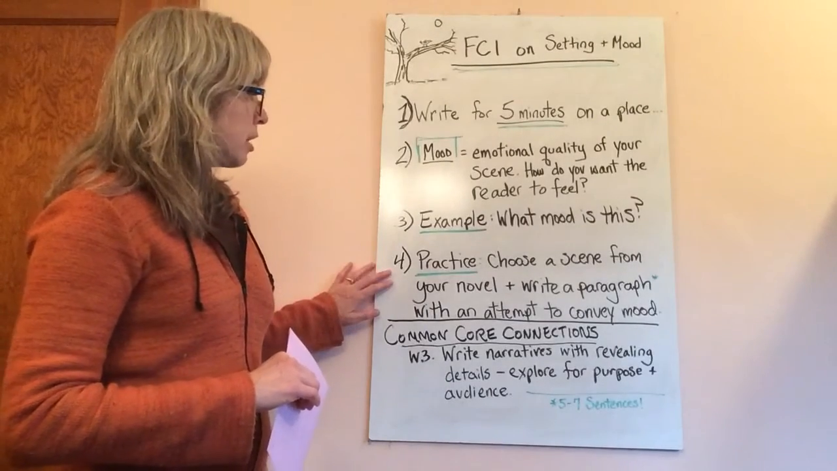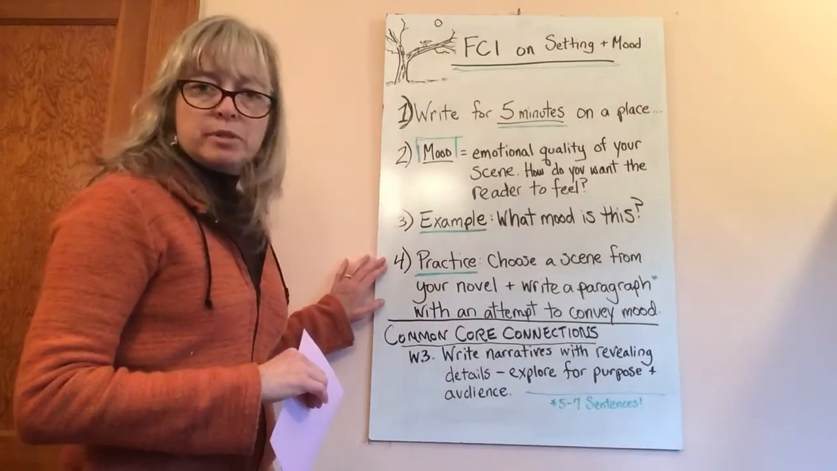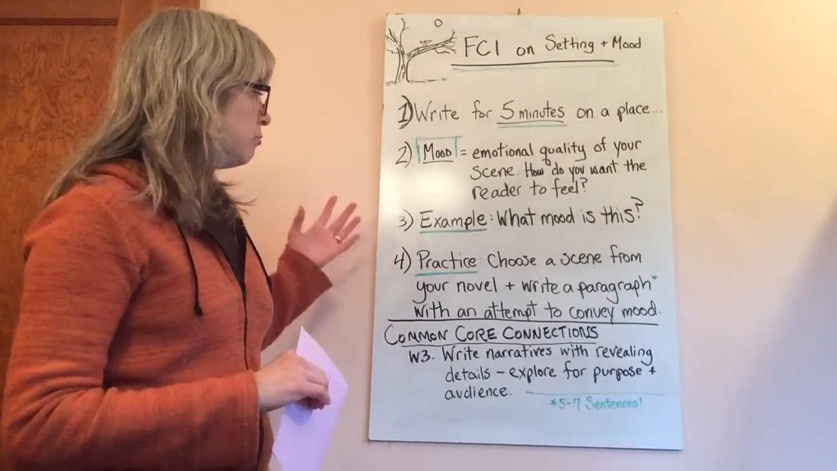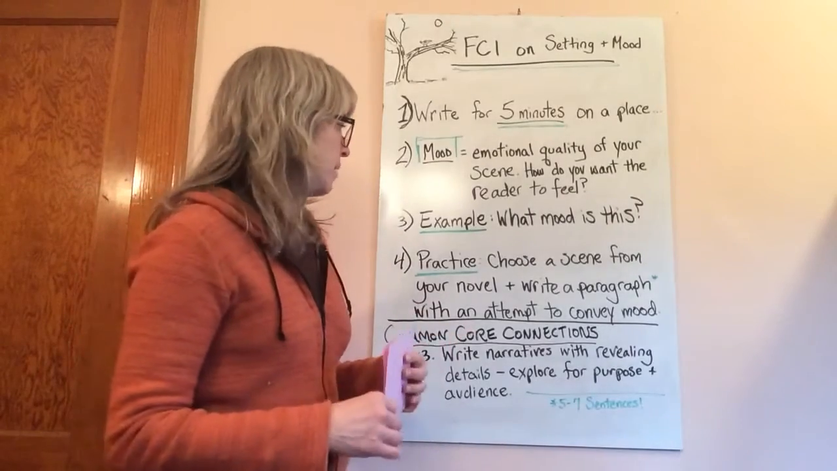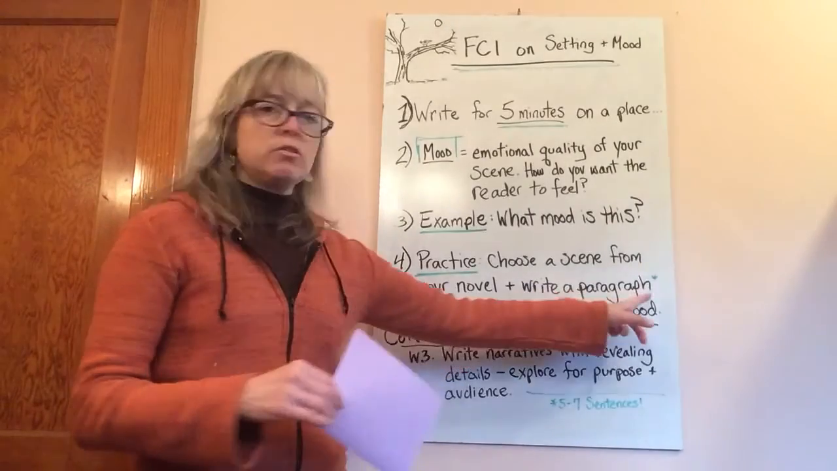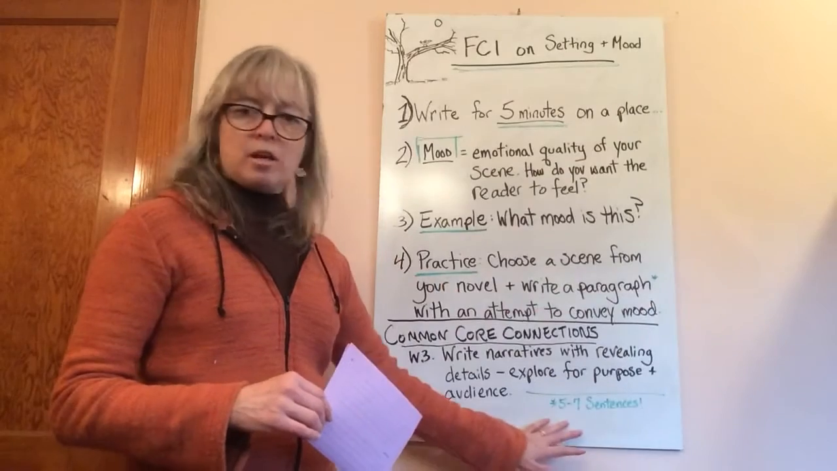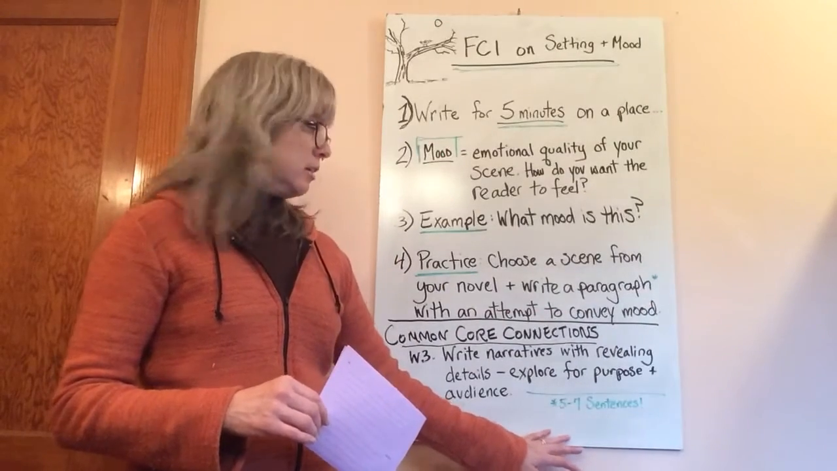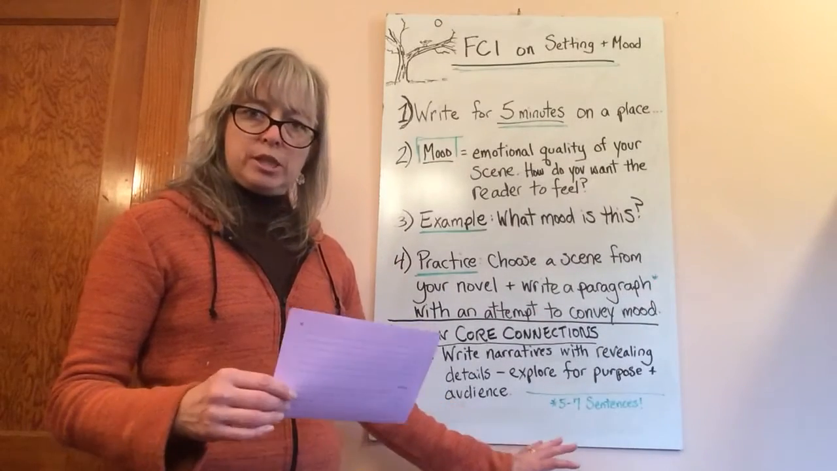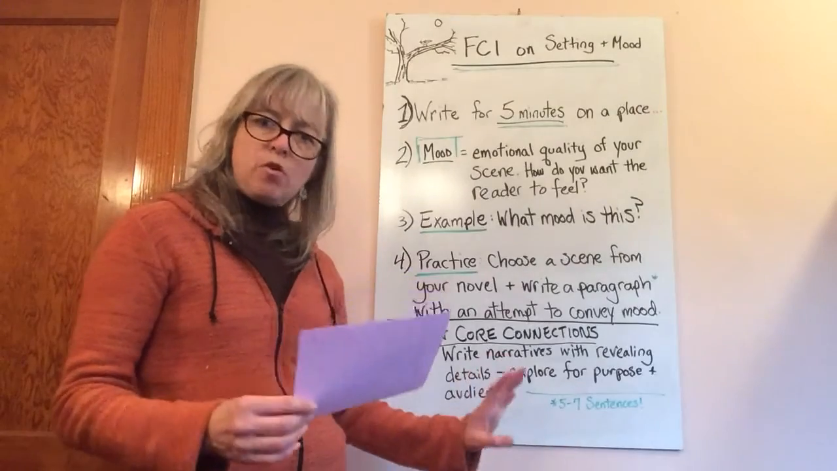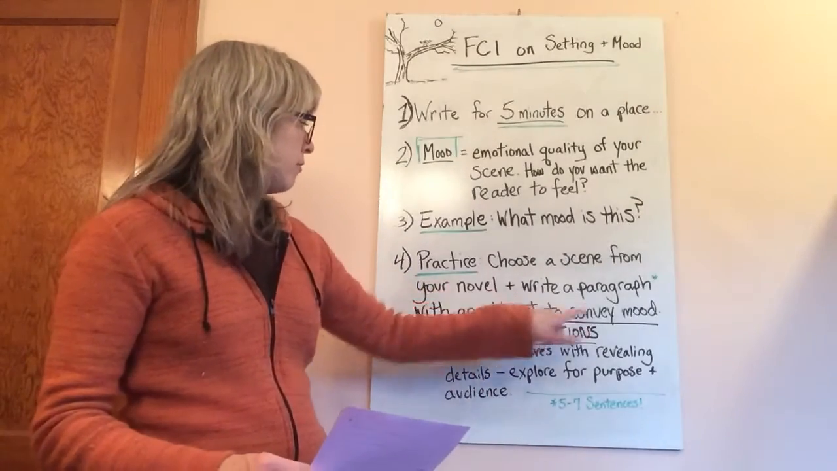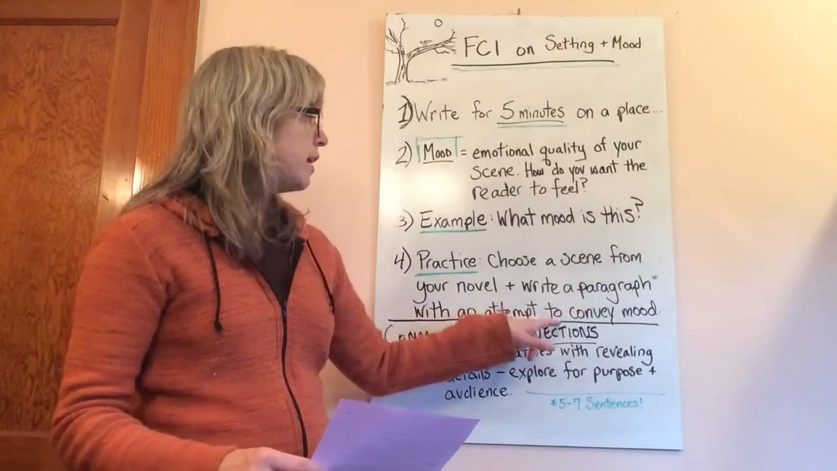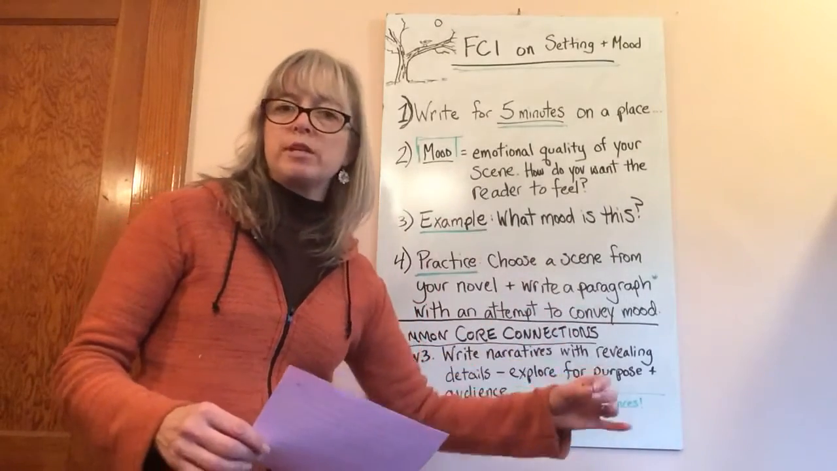And then the last thing I want you to do is a little bit of practice with this idea of mood. So choose a scene from the novel that you're working on and write a paragraph, and I have a little star to remind myself that a paragraph is generally 5 to 7 quality sentences. Don't make them just 4-word sentences, some variety. Try to write a paragraph with an attempt to convey the mood that you want the reader to feel at